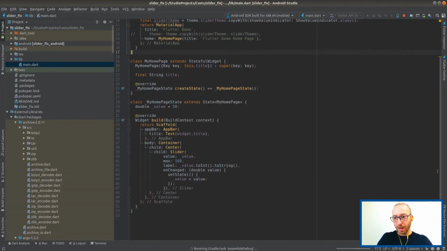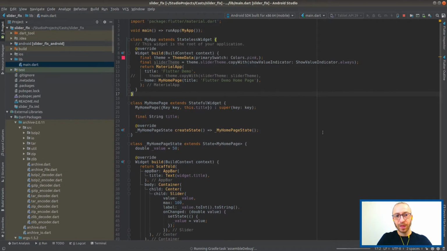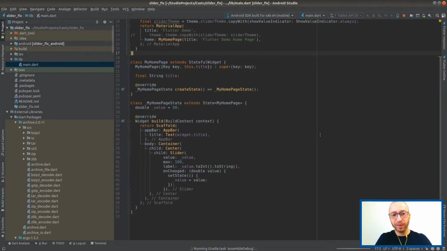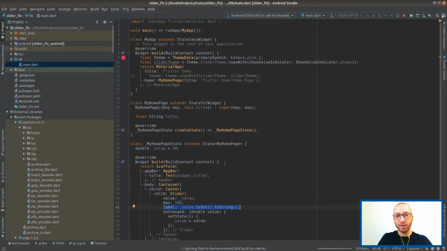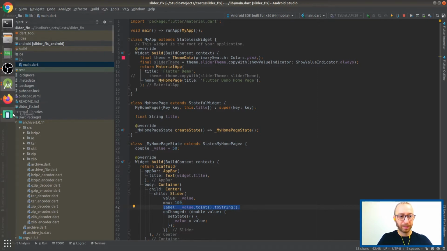So how do we test it? I mean, how do we decide that we fixed the problem? So we have the slider widget, right? And the slider widget has the label, and just setting the label, which is the value that shows above the ticker, has no effect unless you set the show value indicator correctly. So if you have a continuous slider, like we have here, setting the label has no effect, which is, in my opinion, quite a bug.